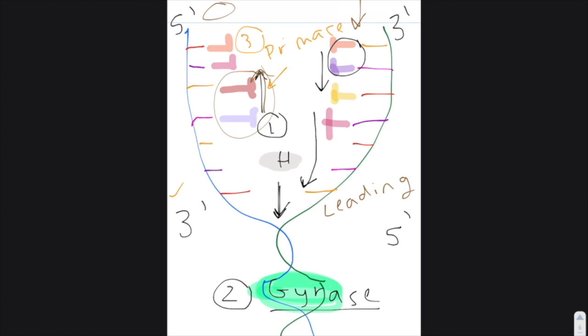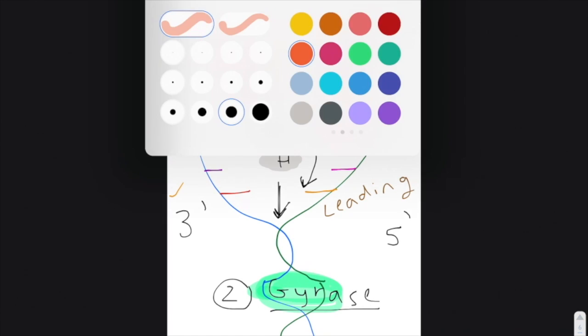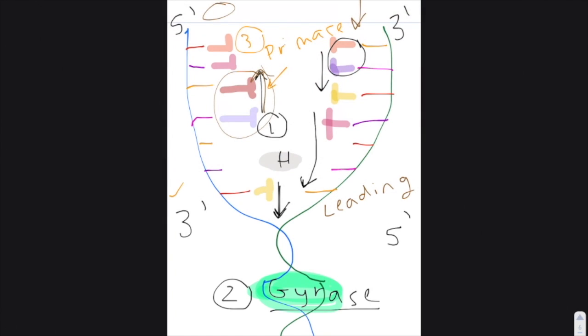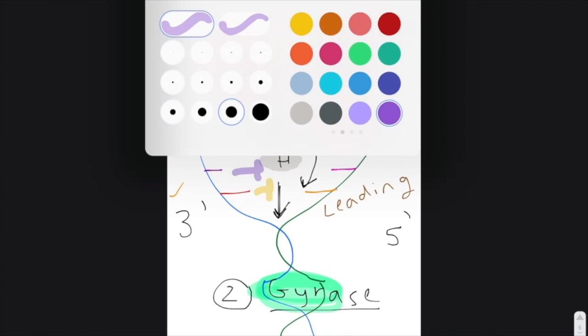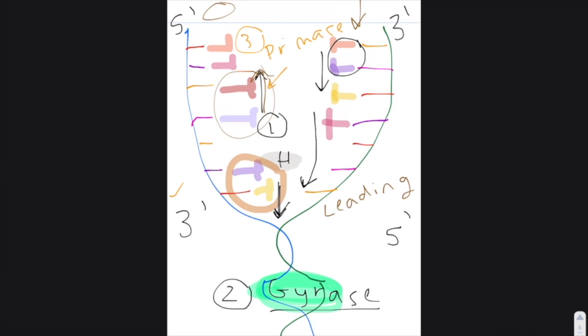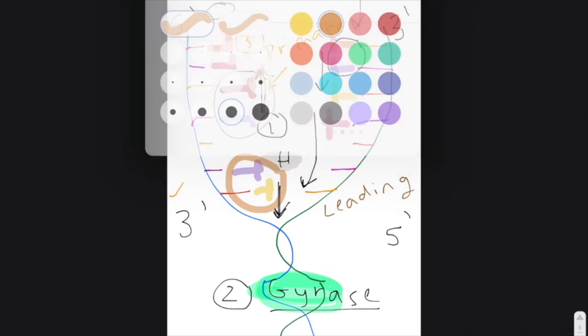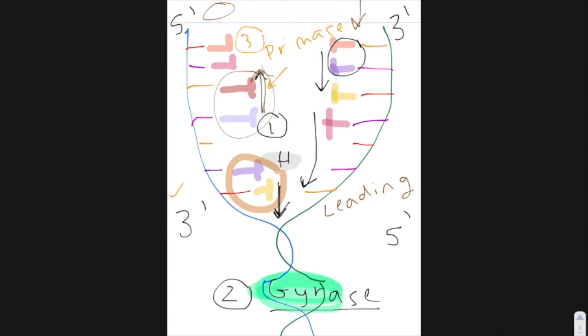So this is where primase would come back and tell DNA polymerase, all right, now you've got to start down here. So I'm going to lay some more RNA primers for you